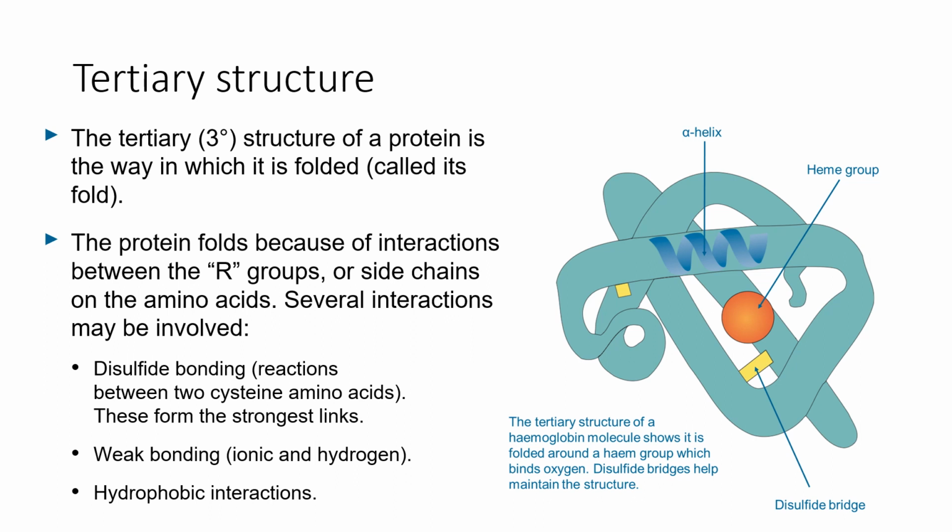So this is further folding and interactions between different structures that form the folding of this tertiary structure. So this is where our R groups come in. So remember that these super unique R groups with all of these different properties like alkaline, acidic, hydrophobic, whatever, form all of these different kinds of folding. Okay, so you can see that the tertiary structure is made up of several different things. Okay, so you've got your alpha helices or your beta pleated sheets are going to be intertwined in there, and